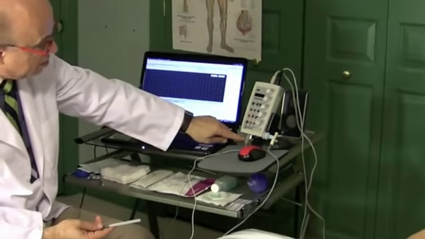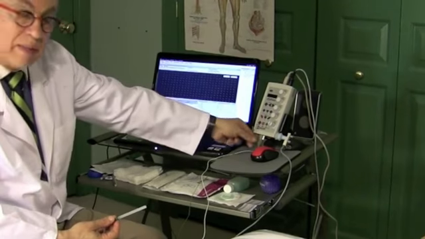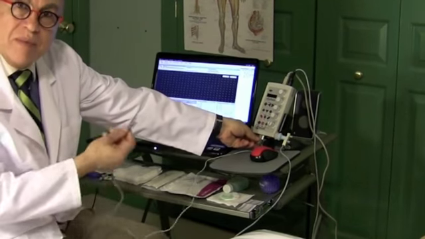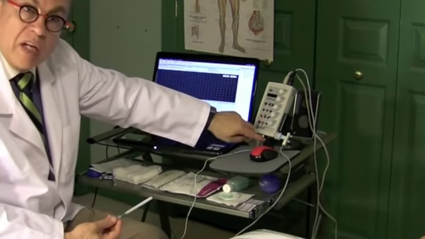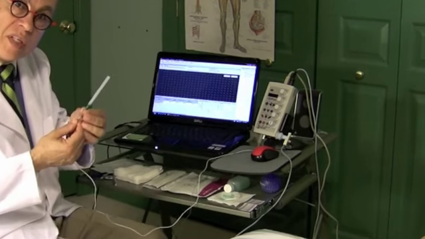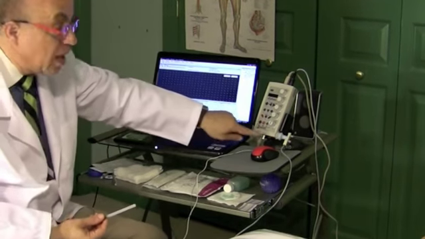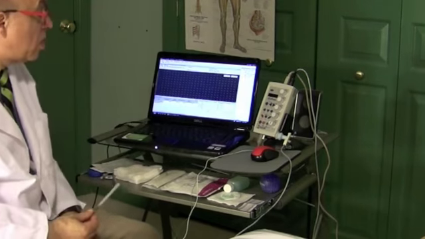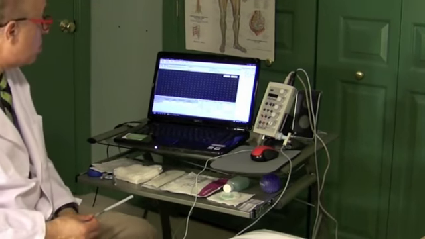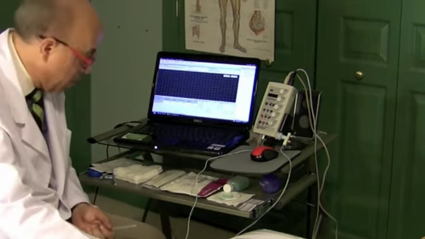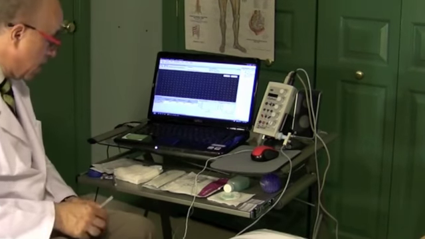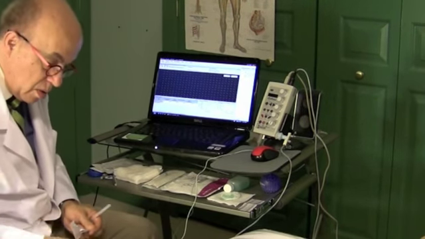All right, and now I have the black and the red here inside that plug. You don't see it, but take my word for it. And then the green here. So there are two electrodes in this because this is a concentric, and a green ground electrode, which we use as a separate electrode. And then the first thing I'm going to do is I'm going to wipe her finger